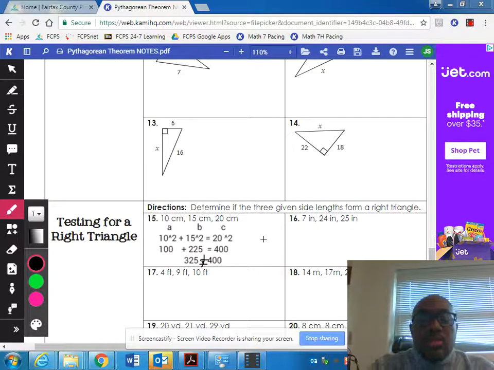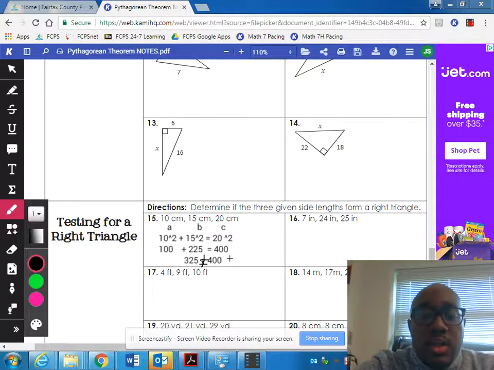Let's go ahead and do this example. We have 10 squared plus 15 squared should equal the hypotenuse, which is 20 squared. When we square all of those, we end up with 100 plus 225 equals 400. Oh no,